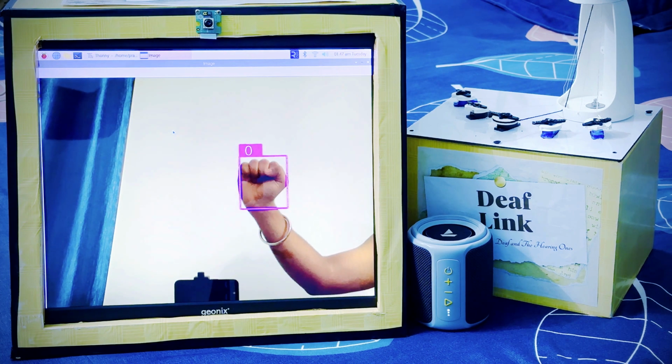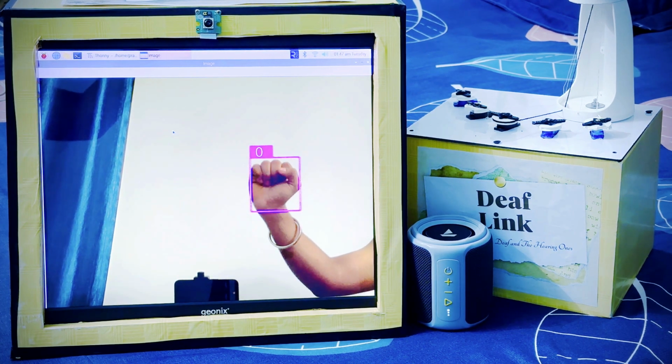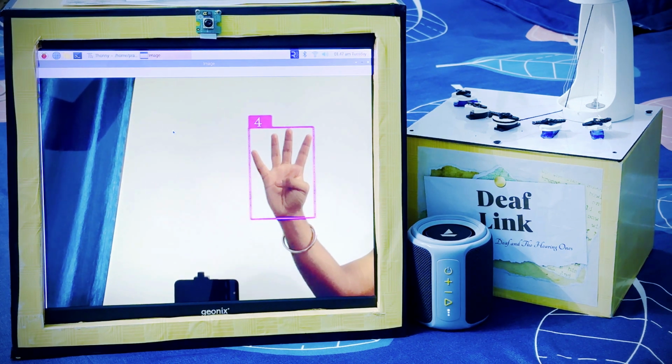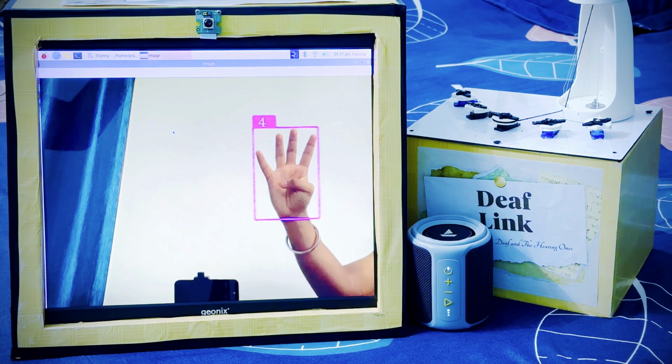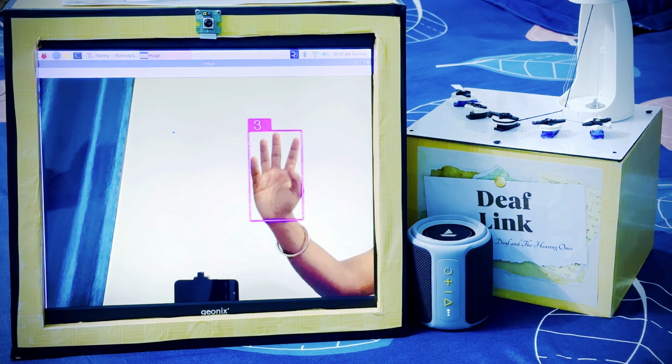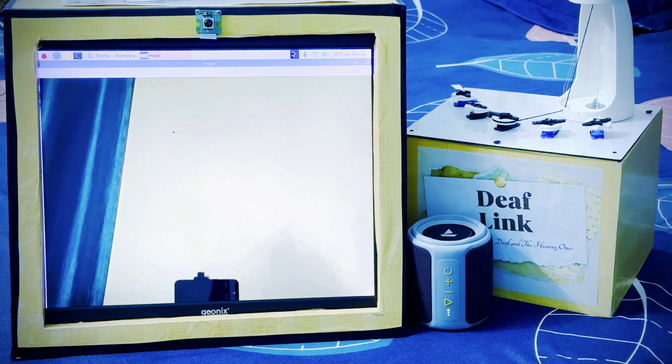Here, 0, 4, 1. So I hope you understood it very well, and